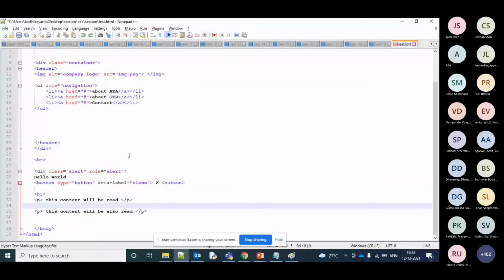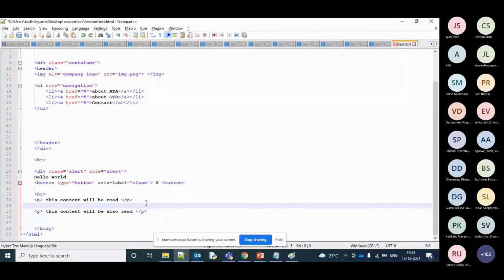So for example, when I wrote role equal to navigation, it told it's a navigation menu, but without that also, oh sorry, it's getting echoed. Without that also it's going to work properly. But as testers, we need to know what all needs to be added in the HTML, and where the labels have to be present. Sometimes it might show in alerts, but we need to know how to handle it, and what a screen reading software can read out and should not read out. Is that data handled properly? This will be the greatest help and the significance while testing.